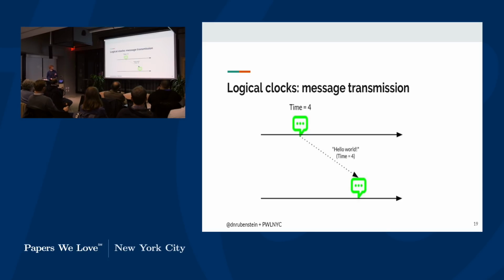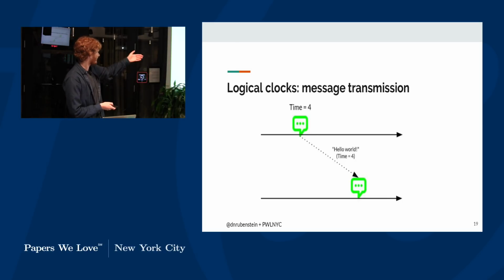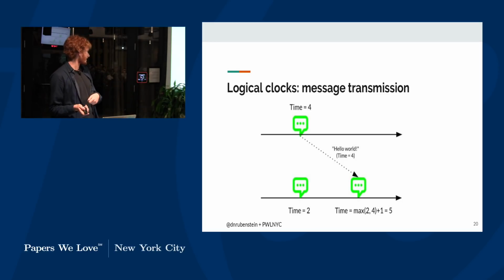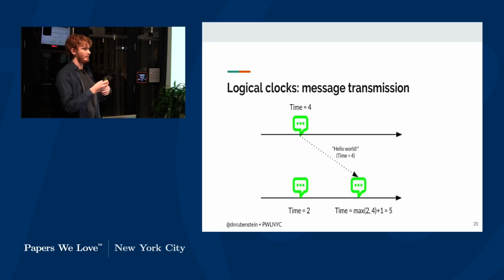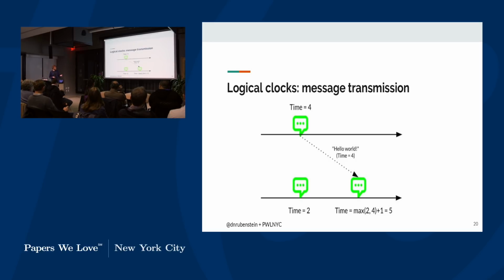Logical clocks number 2, message transmission. So how do we change our timestamps if we're getting a message from another process? The first thing you'll notice here is that when we send a message, we're also putting the timestamp onto that message, right? So we say hello world, we say whatever we want, and we also say this message is sent at some time. So when you receive the message, you take that receive timestamp, and you also take the most recent timestamp that you have, and you take the greatest one. And why do you do this? Well, you can read about it in a little bit more detail in the paper, but basically the conceit here is that time has to relentlessly keep marching on, right? You have to keep going into the future, and that's why you add 1 at the end. You have to keep going up.